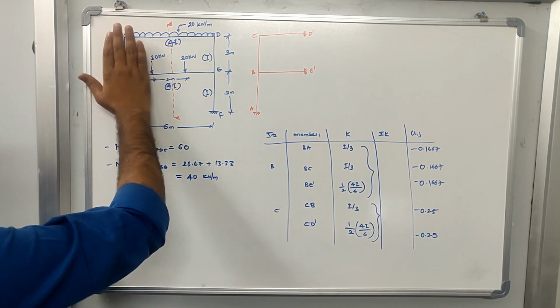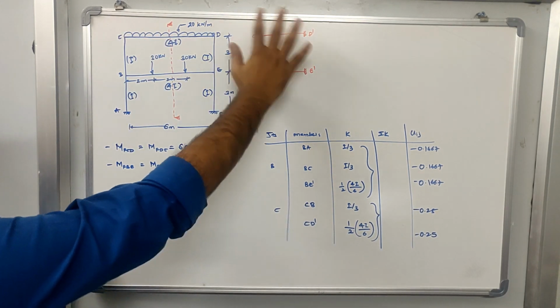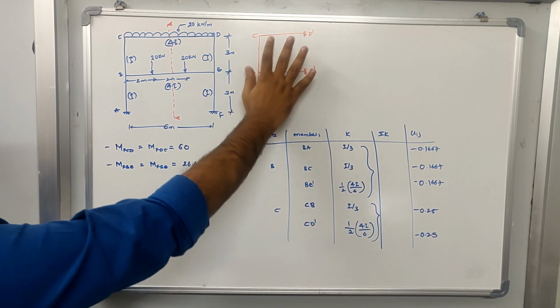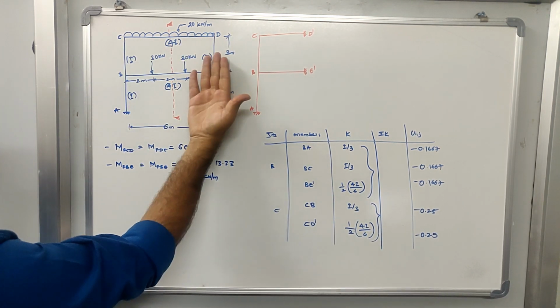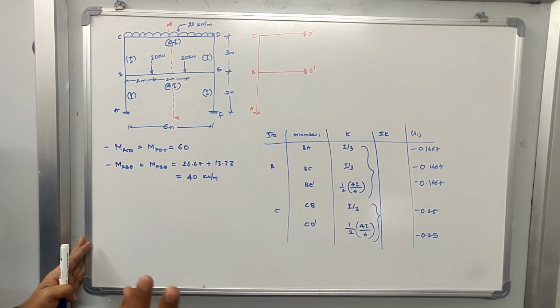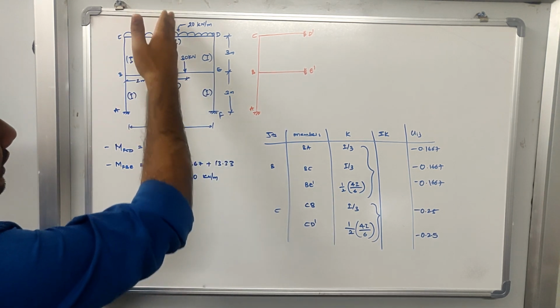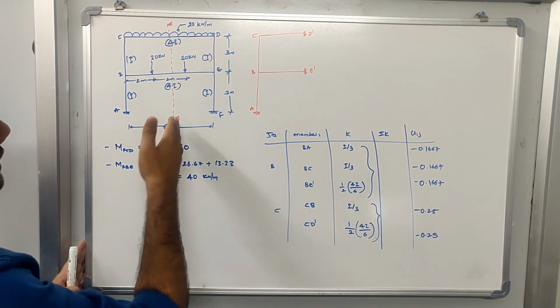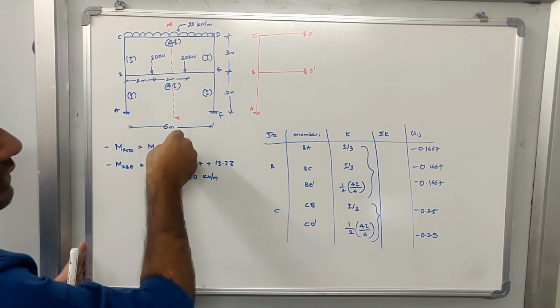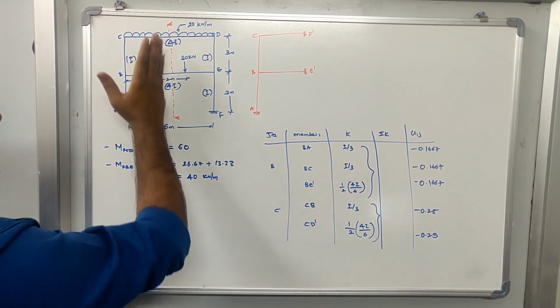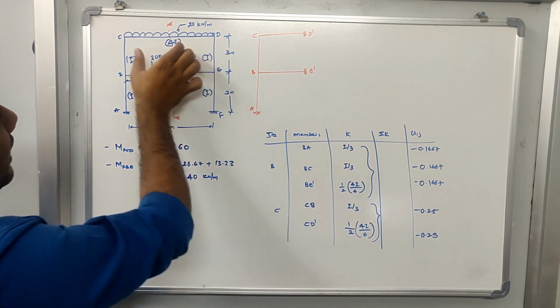So this is the first part I'll take. If I analyze this, whatever values I get in this part will be replicated to the other side by changing the sign. That's it. Now first we'll cut this frame exactly at this section, which acts as the axis of symmetry. Now I'll take this part and modify it.